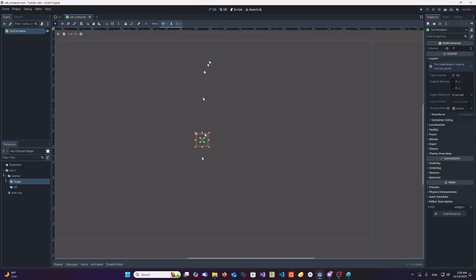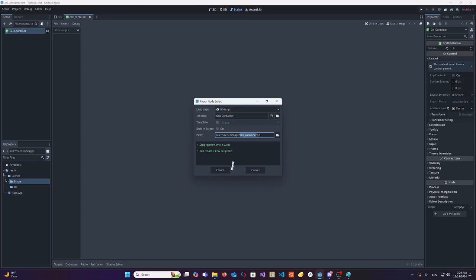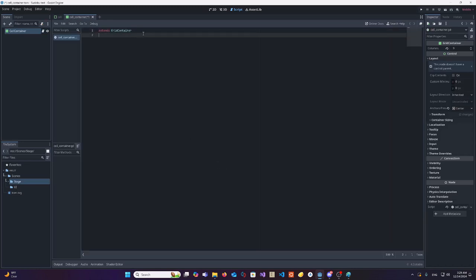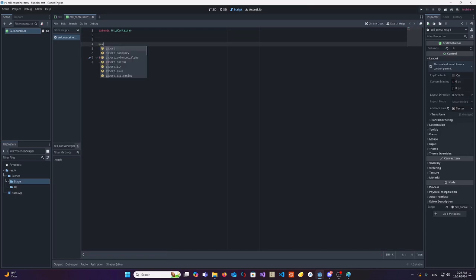Okay, so how do we fill up this cell container? We're going to create a script for it. We don't have any scripts yet. Whether this is checked on or not doesn't really matter. Mine is already checked off, but if you just checked on, that's fine too. So now we'll create our grid container script, and we're pretty much going to say that in the ready function, we're gonna need to get a reference to our cell first, actually. So let's do that. And we do that by typing in @export